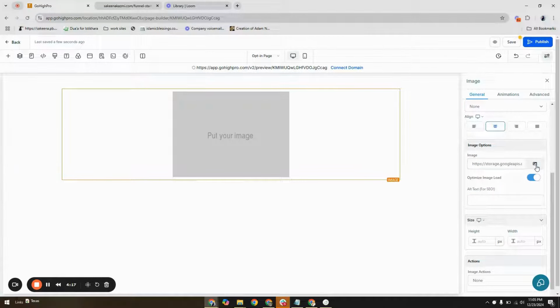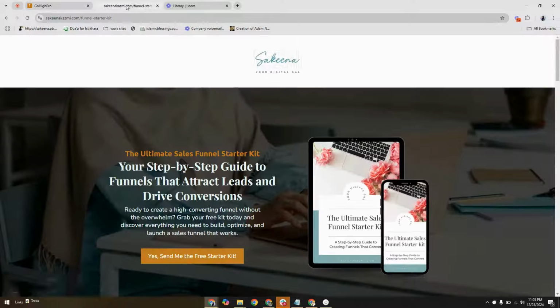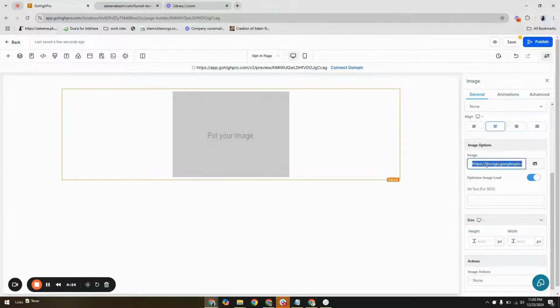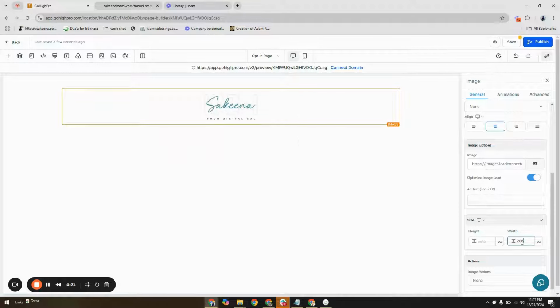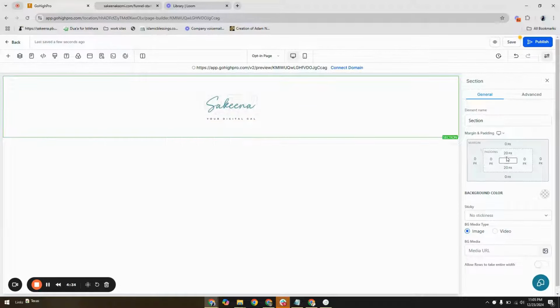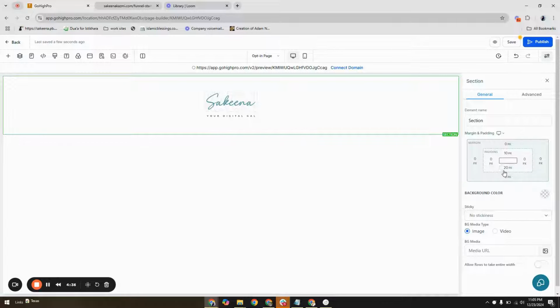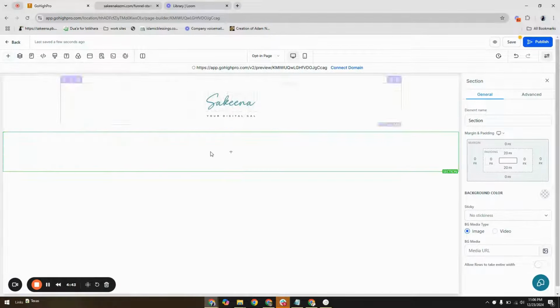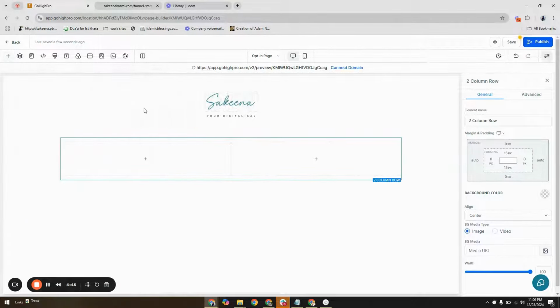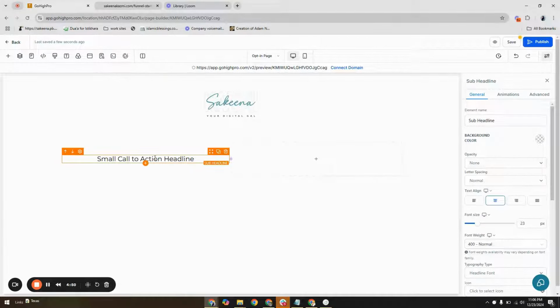What I'm going to do is, for now, I'm going to use the same image and just paste it here just to save time. Yeah, that's it. We are going to minimize the padding of the section, and then we are going to add a new section which will be full width, add two column rows, and here we are going to add text